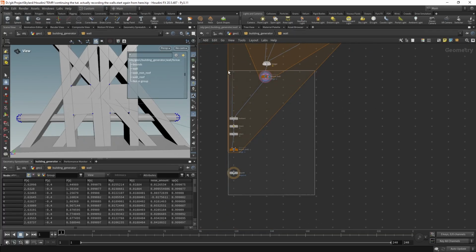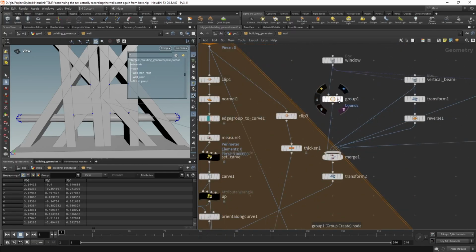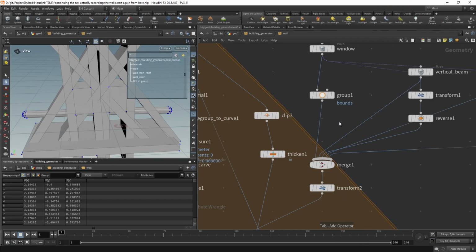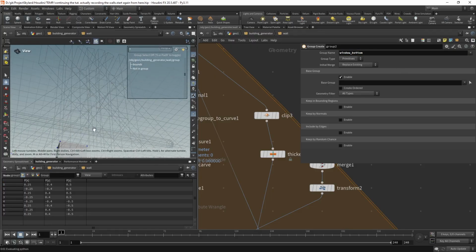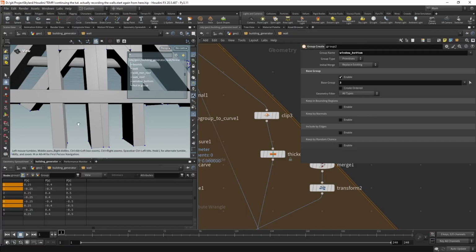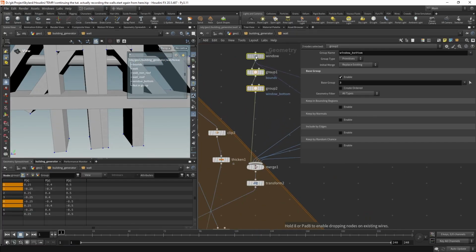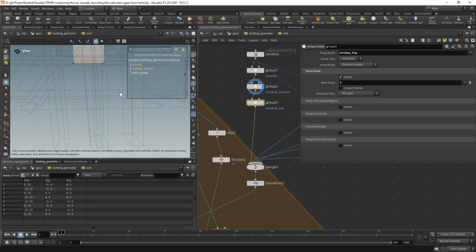So let's make a little bit of extra space for ourselves, and we'll add 2 additional groups to our window here. So we've currently only got the bounds, but we want a way to isolate just the bottom and the top faces. So just add a group node, call this one window bottom, and we can use the viewer state to select just the bottom face, hit enter, and then do the same thing, but this time for the top. So just hold Alt, make a copy, change this name to window top, and enter the viewer state and select